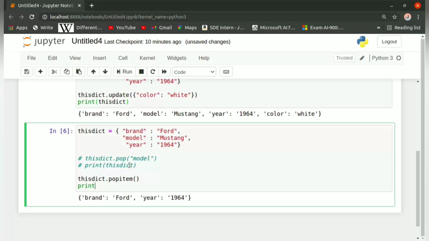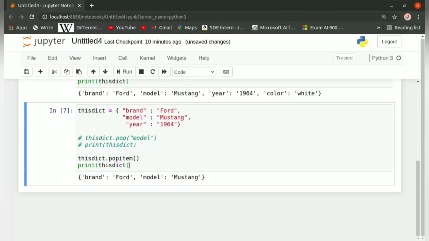Previously in the pop method we were expecting the output but we didn't get it because it had no argument. But in the case of the popitem method, we need not specify any argument. We can pass zero arguments and get the output. So the last key value pair is deleted and we get the output as the remaining two key value pairs except the last one.